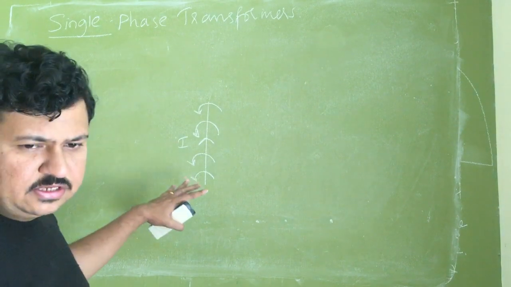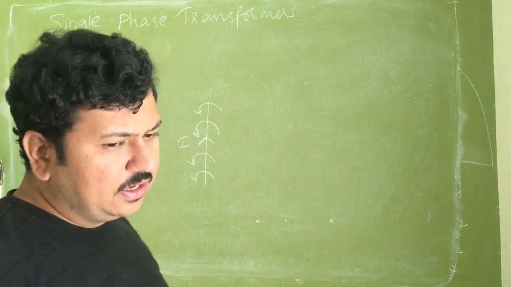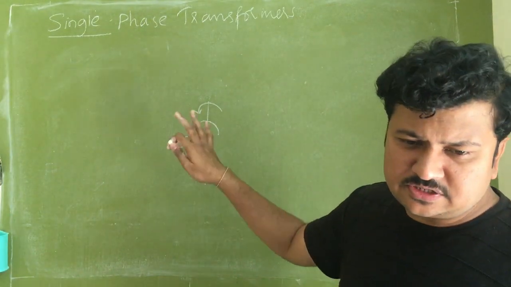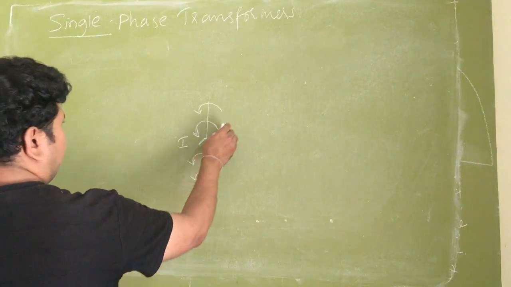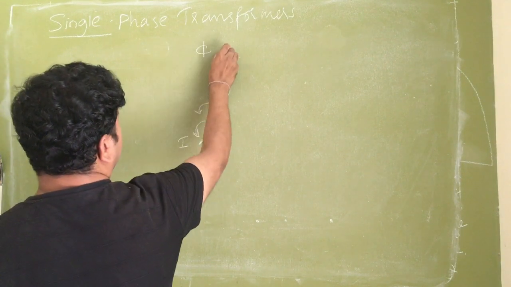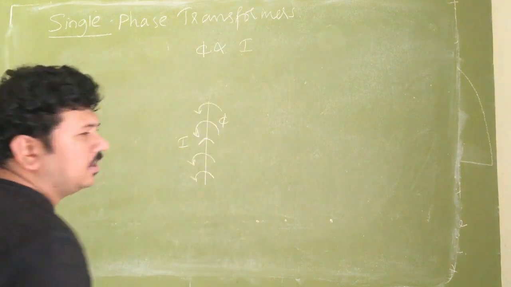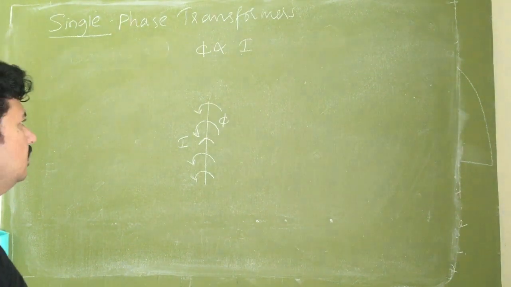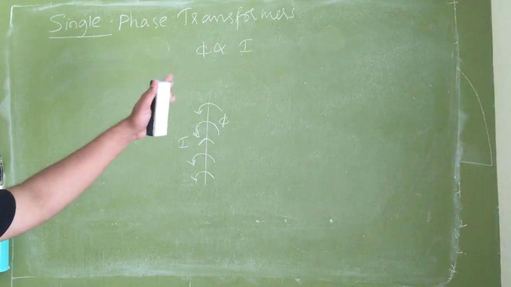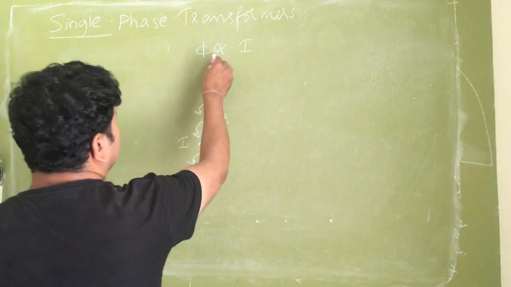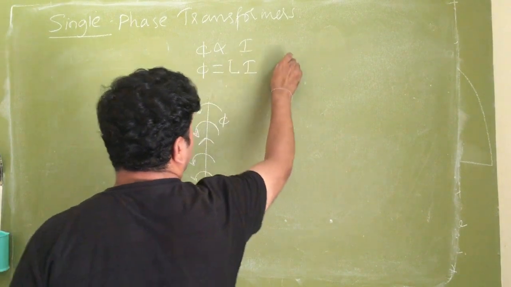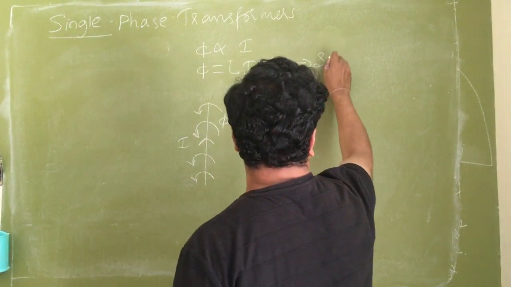So we know by nature now, when any conductor carries current, it will create a flux. Now I can say that the flux created by the conductor is always proportional to the current carried by the conductor. Now to remove the proportionality constant, what do we have? Phi equals L into I. Now what is this L? It is the self-inductance.